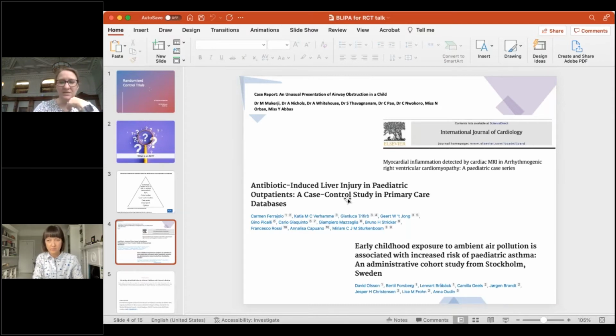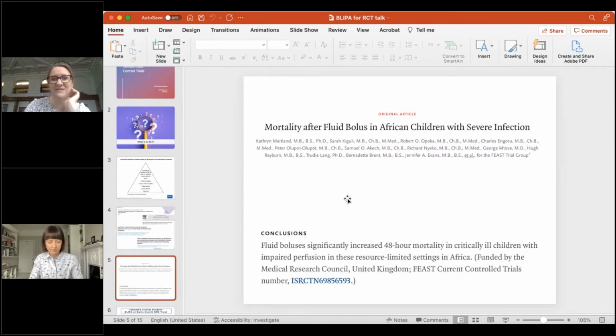But one thing that, you know, we're always told is the randomised controlled trial is the thing that you want to be involved in. They're quite difficult to get to because they probably need quite a bit of money. And one of the RCTs that probably spiked my interest the most in research as a trainee was this one. The reason for it, so this was called the FEAST trial, and it looked at fluid boluses in Africa with severe